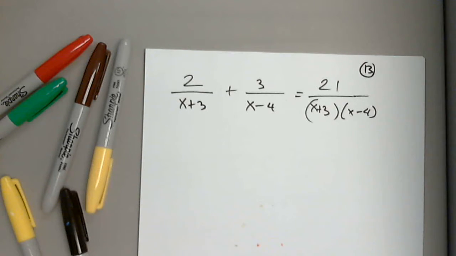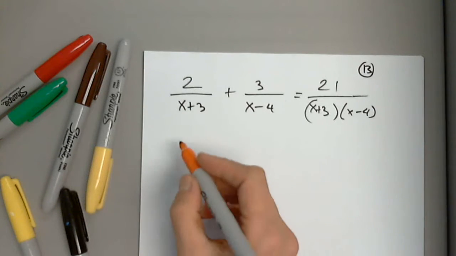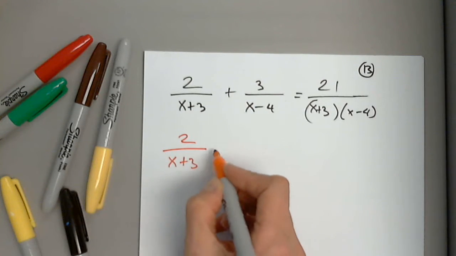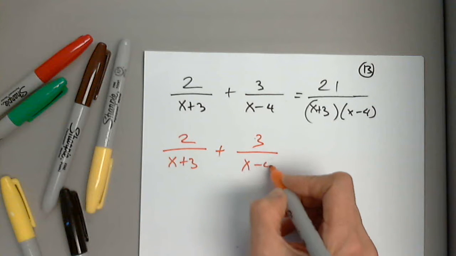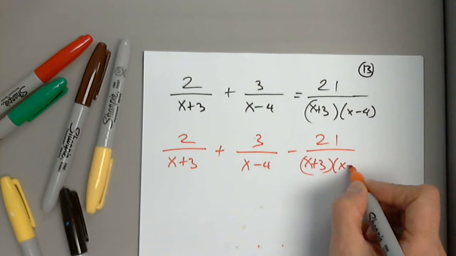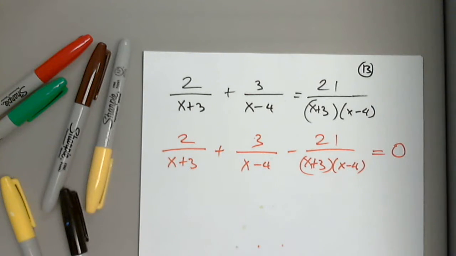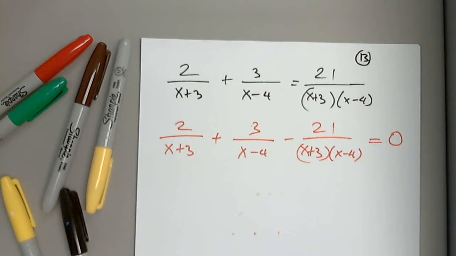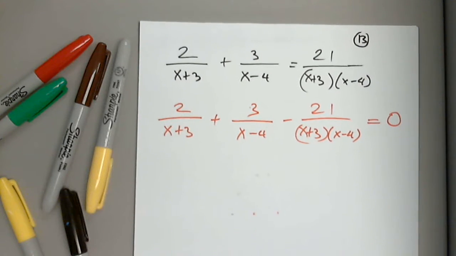Good. So it's a rational equation, and what do I do? Yes, I recommend 2 over x plus 3, plus 3 over x minus 4, minus 21 over x plus 3 times x minus 4, equals 0. If I forget the equal symbol and 0, then I'm in trouble. Then the next step would be